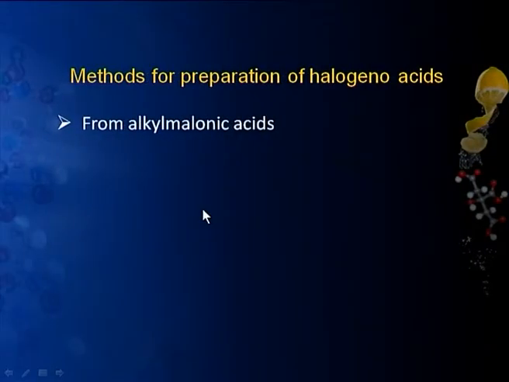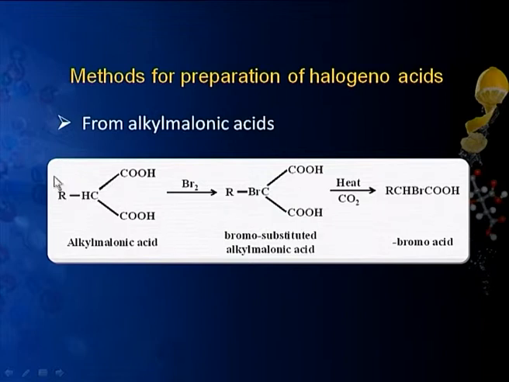Then we can get these carboxylic acids from malonic acids also. You must have studied malonic ester synthesis and acetoacetic ester synthesis, but here we are using directly malonic acid where some alkyl may be substituted even before. So, it is some alkyl substituted malonic acid. When this is treated with bromine, it has one more replaceable hydrogen here that will be substituted by bromine, and this on heating undergoes decarboxylation. So, one of the carboxyl groups gets decarboxylated, a loss of a carbon dioxide molecule occurs and we get a bromo acid. In this method also we will get alpha bromo acids.